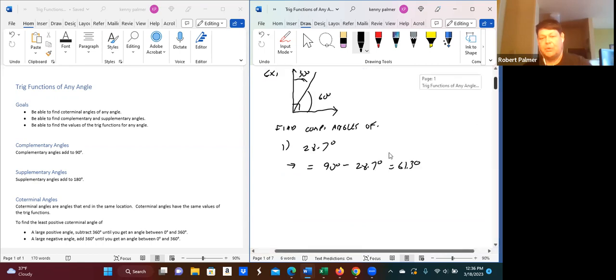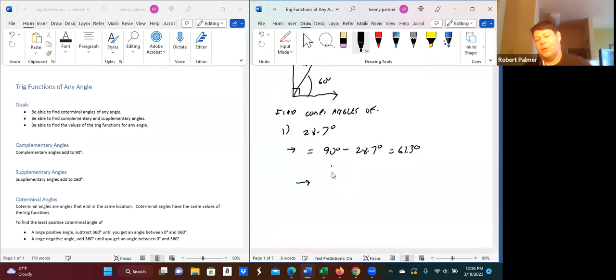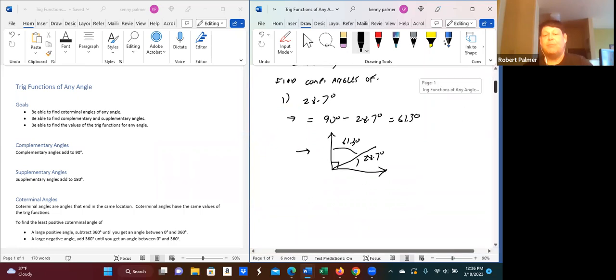If we draw a picture of that, like we did up there, if we have a right angle, and this angle is 28.7 degrees, then this angle has to be 61.3 degrees. Those are complementary. Then supplementary angles,